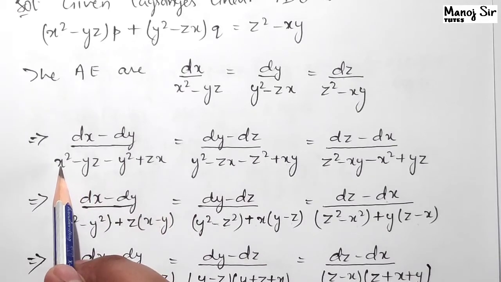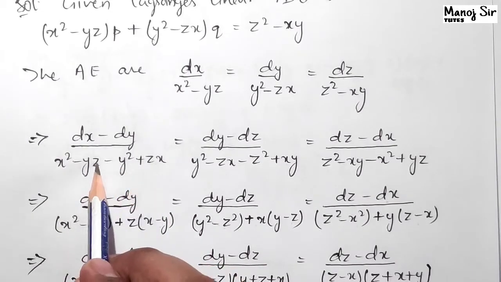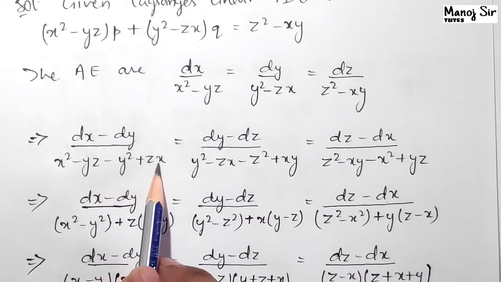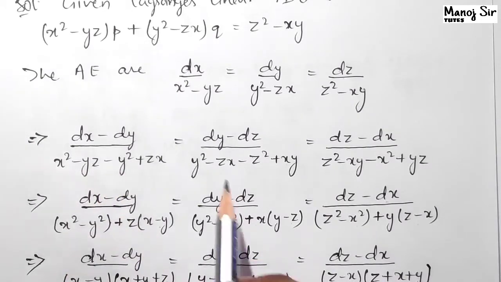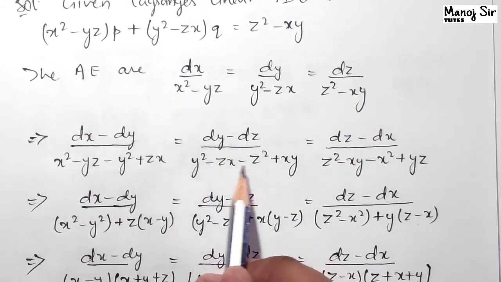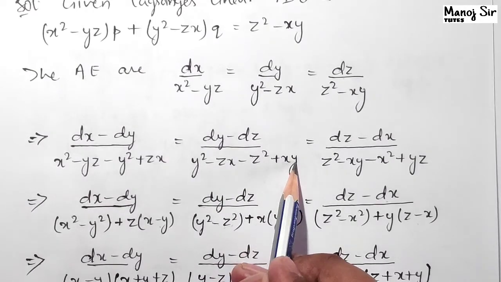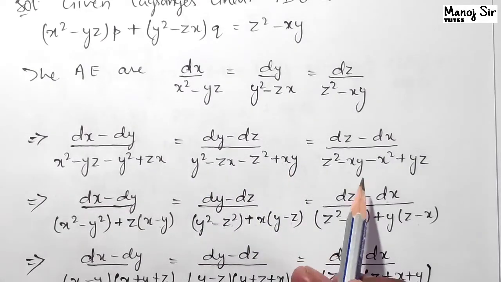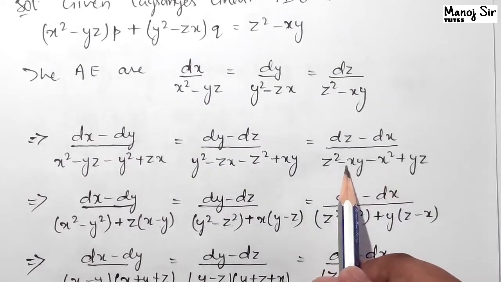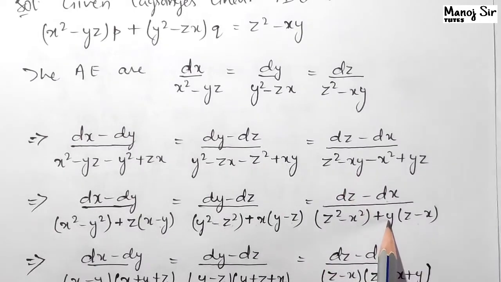Here we are taking x square minus y square. Now here we can take z common, plus z. Here we have x minus y. Here again y square minus z square plus, you can see x is common, so we have taken x common. Here we have y minus z. Now here again z square minus x square is here, plus here you can see y part is the same, so z minus y. If you take y common, here we have z minus x.